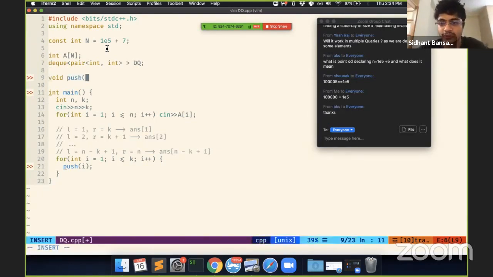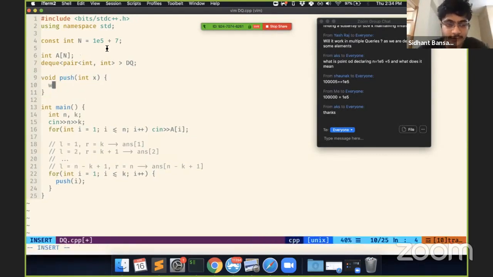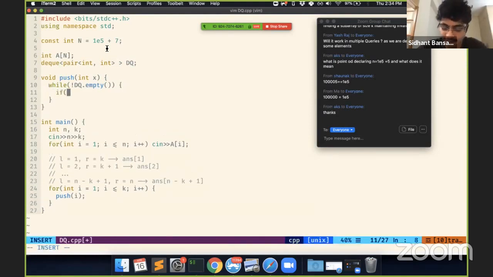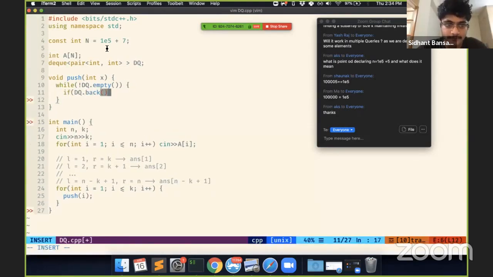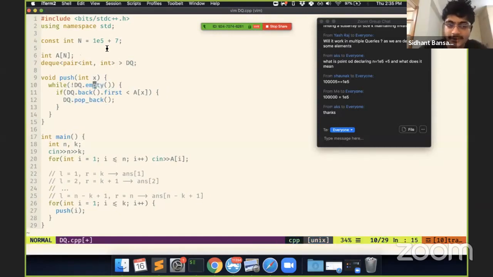So we have this void push function and we are pushing in the xth element. The way it will work is, while the DQ is not empty, if DQ.back.first is less than AX, then we'll do DQ.pop_back. In most linear data structure questions, whenever you're doing some push or pop operation which involves popping a lot of elements, like more than one element,